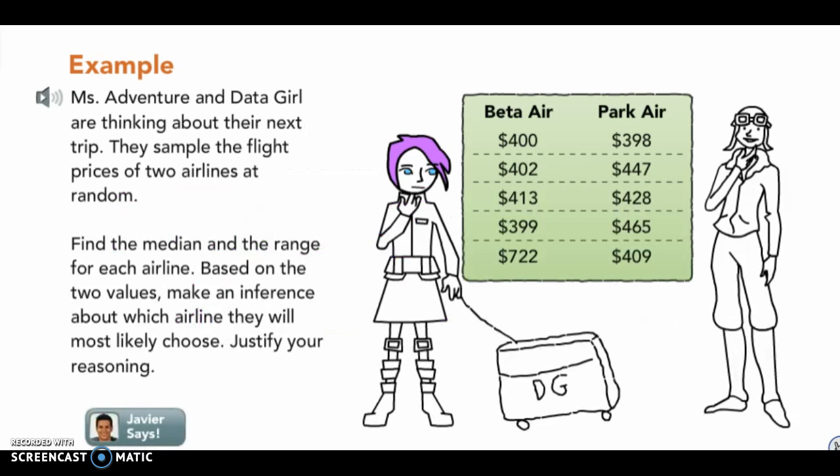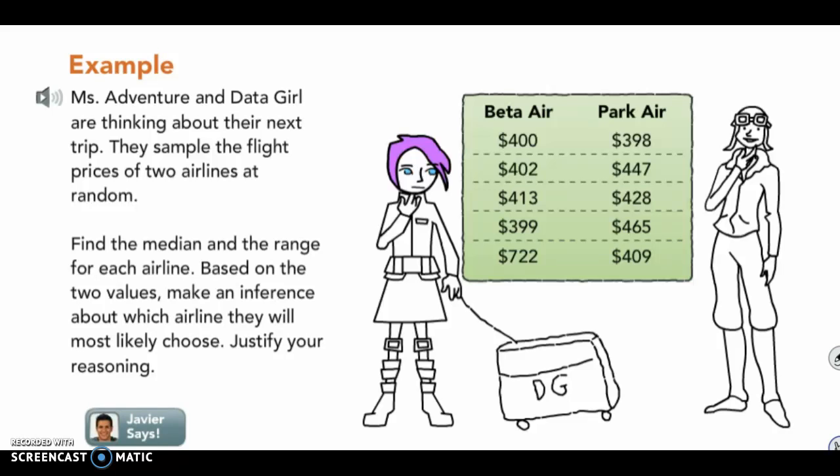All right, let's look at the last example on the back of your notes. Miss Adventure and Data Girl are thinking about their next trip. They sample the flight prices of 2 airlines at random. Find the median and the range for each airline. Based on the two values, make an inference about which airline they will most likely choose. Justify your reasoning. All right, the first thing that we need to do with our data is order from least